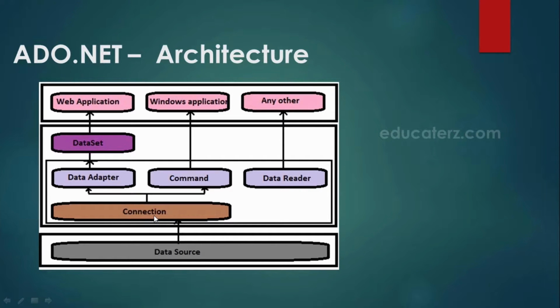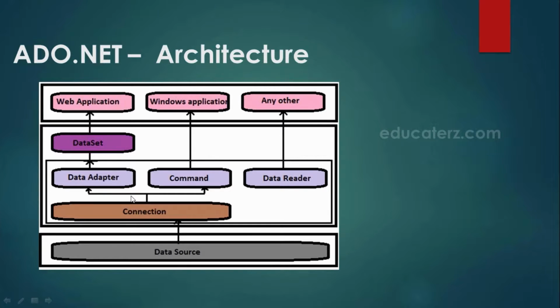So in this session, what we are going to learn is how the ADO.NET architecture is laid out. Whatever the type of application you are going to build, like this web application, Windows application, or any other application, will be connected to the data source. A data source example is a SQL Server database. We'll be connecting to this database via any kind of application with the help of these 5 important things.